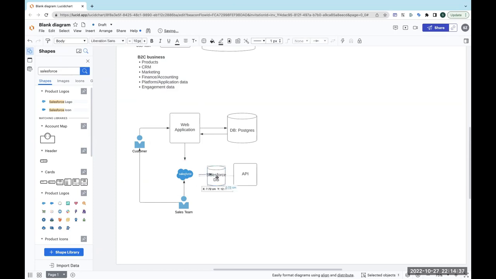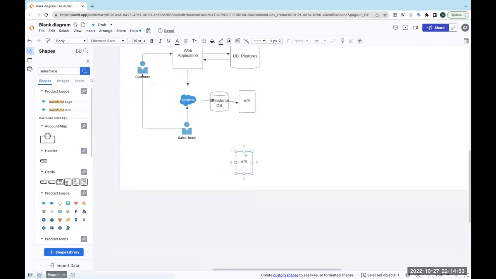Okay. And through the API, we can get data from the database, right? So that's the API. All right, I'll try to make it simple, okay? And then the company, of course, has many other sources, right? So data can come from,